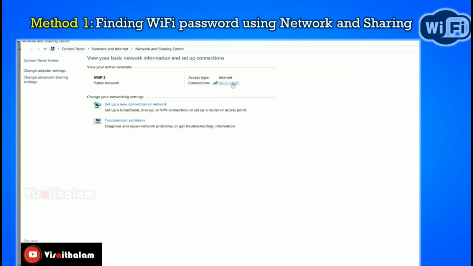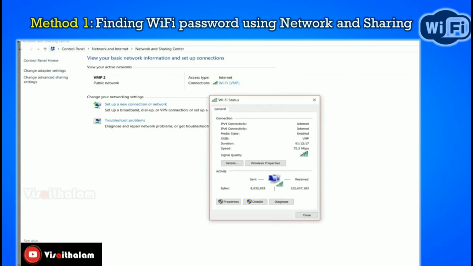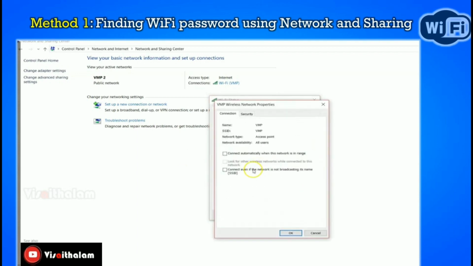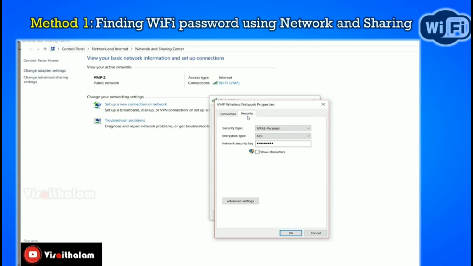Click on the Wi-Fi and you will get a category called details and wireless properties. Click on the wireless properties tab. Under that, again click on the security tab. It will show three results: security type, encryption type and the network security key. This network security key is the actual password of the current network.